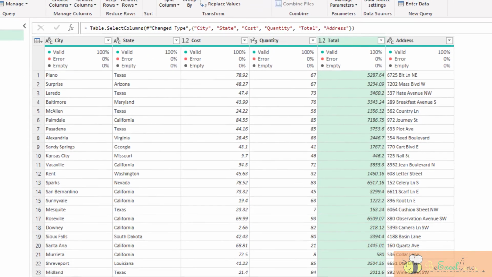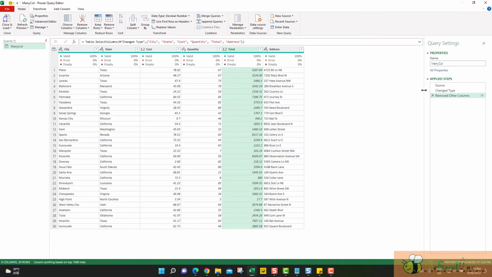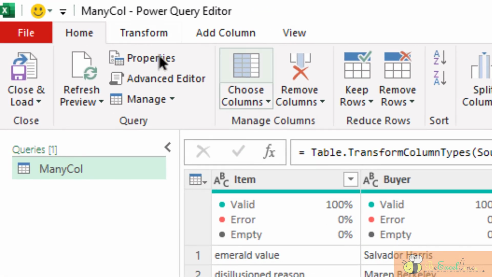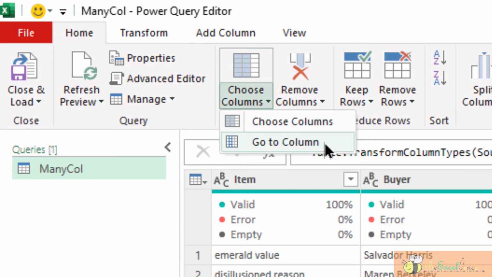There we go. How about if I don't want to keep the columns? I just want to go to a particular column and make some changes on that column, say filter, define the data type, whatever. Okay, let me remove this step so that we have 18 columns again. I want to go to a specific column. I go to the Home tab, Choose Columns. Now I go to